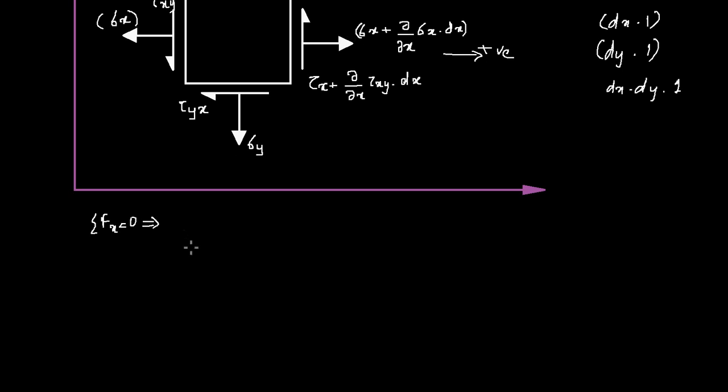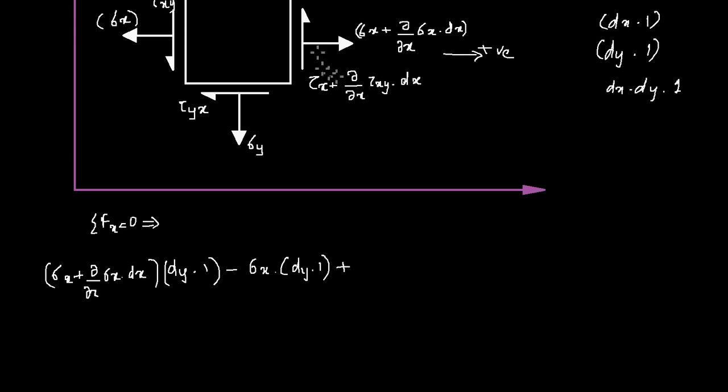So you have sigma x plus rate of change of sigma x times dx, which is this stress, and the corresponding area is dy times 1. So you get the force minus the force corresponding to this stress, which is sigma x times dy times 1,